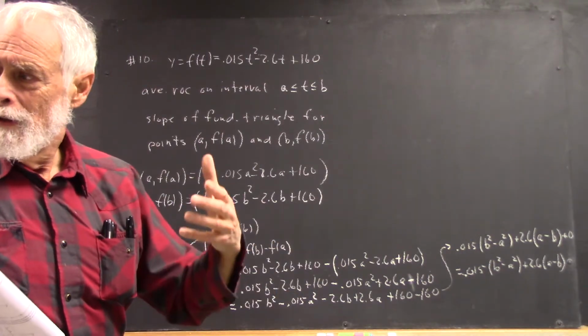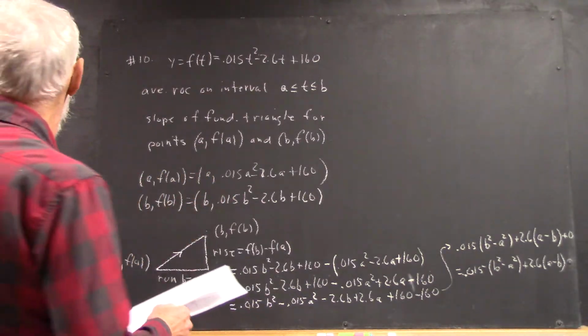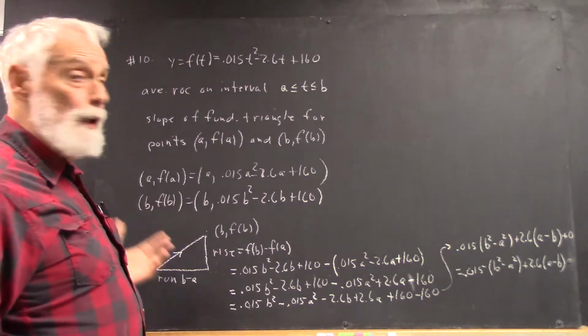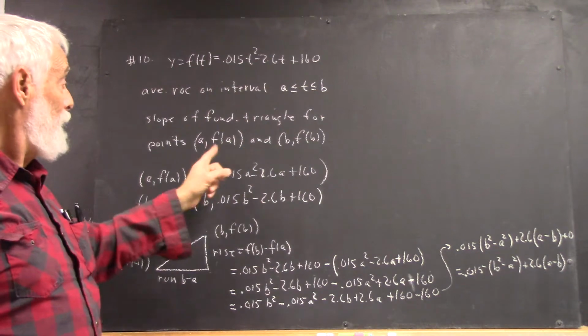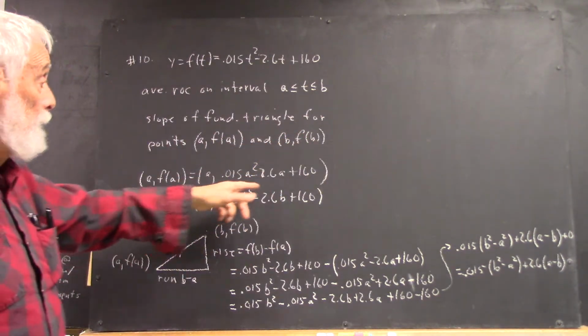There's no rule, nothing that tells you to do anything different, and it does tell you that this is what you do. Well then, f of a, f of b, you plug in the a and the b, you get